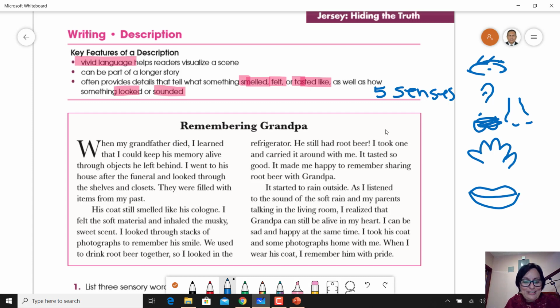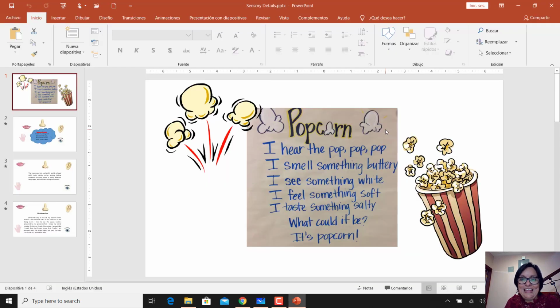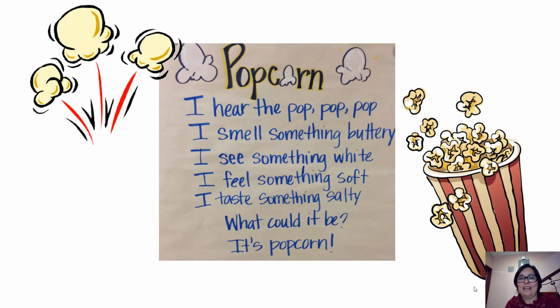So I want you to see something that is in here. This is what I was reading. And it says, I hear the pop, pop, pop, pop. What sense was I using in here? The sense of the ear. You are describing how something sounds. Pop, pop, pop, pop, pop, pop, when the microwave is